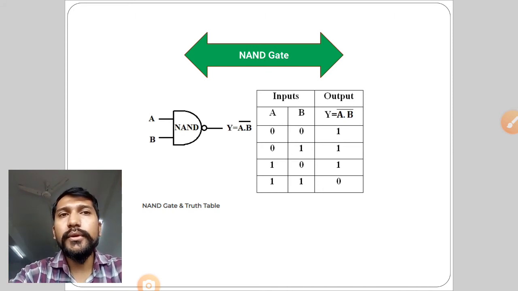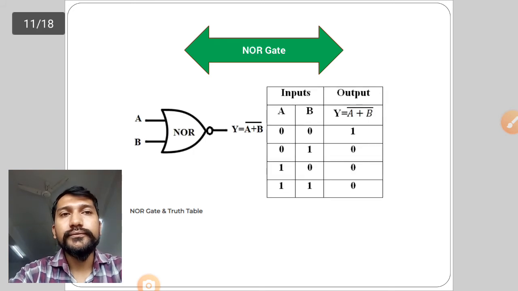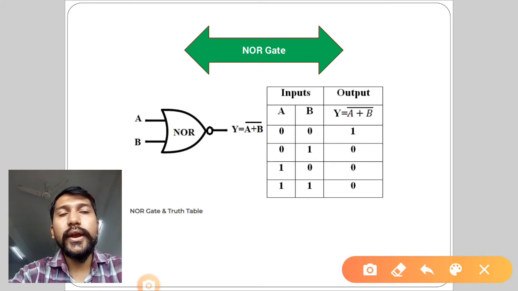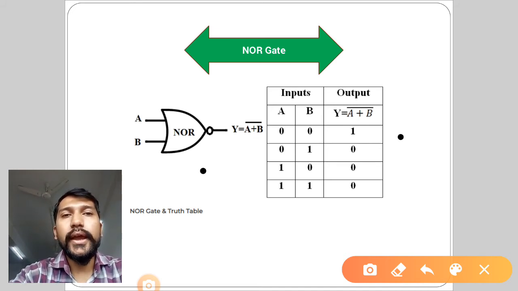The same case will be for your NOR gate. Now let us see the NOR gate. So this is your NOR gate. This is the symbol of your NOR gate. See the symbol properly. Only we have added one inverter, that is a NOT gate. So what will be the operation of the NOT gate? This is the symbol. I have given an arrow overhead. The arrow indicates that it is a bubble operation or NOT gate. Now it is the combination of what?